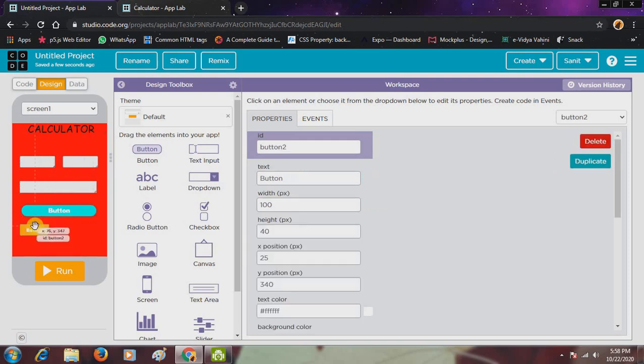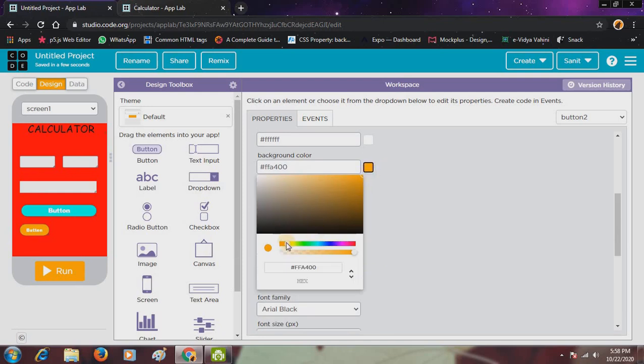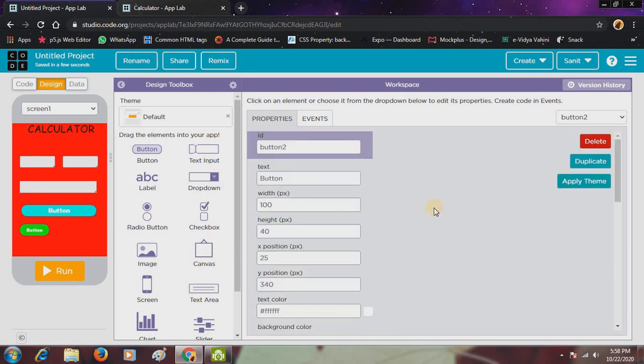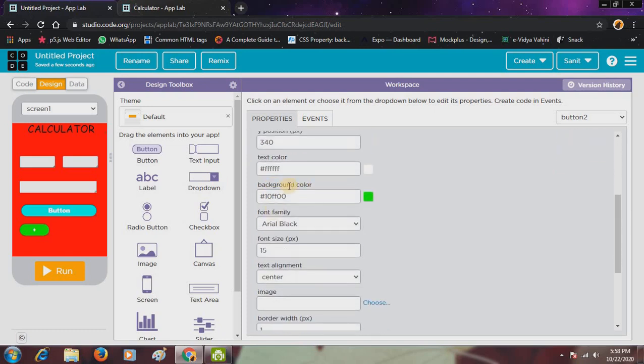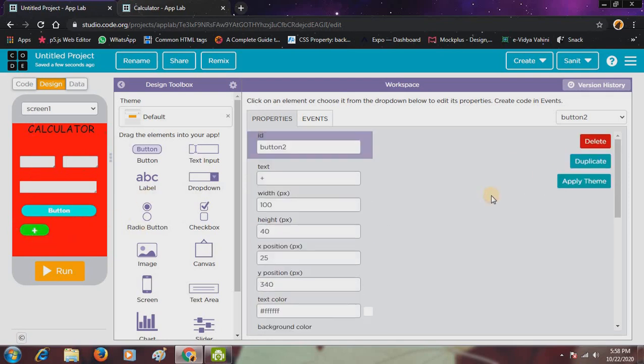Okay, and like that I will set border radius 40, and color I will keep green, and instead of text button I will keep the sign of plus. You can use text also, and here font I will make it 30. So click on it and it's done.